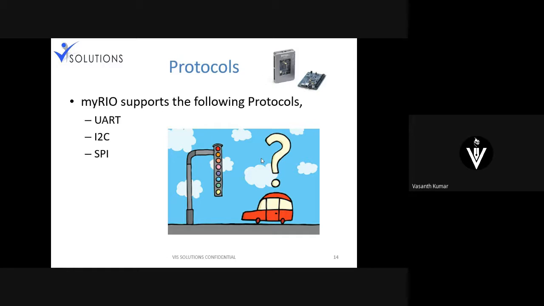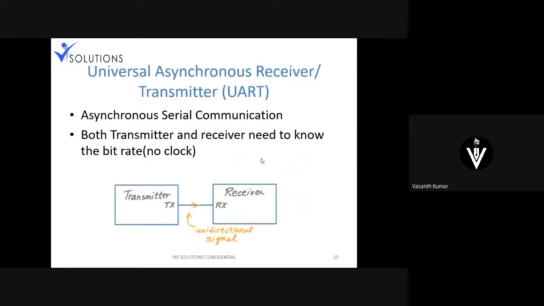I'll quickly tell you the difference between them if you are not sure about how UART or SPI or I2C basically works. So, quickly taking you into UART. UART stands for Universal Asynchronous Receiver Transmitter. That's what UART stands for. There are two different types of serial communication. First of all, let me talk about the difference between parallel communication and serial communication. Then, when it comes to serial communication, I'll tell you what the two different types are.